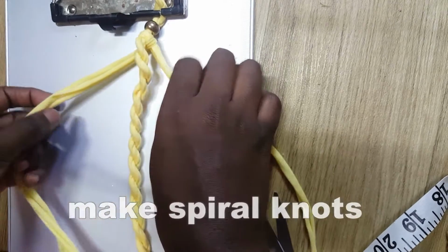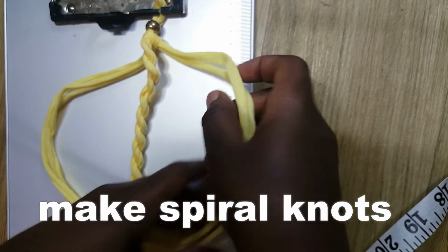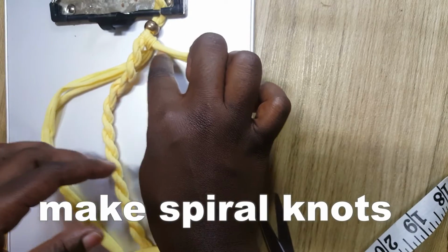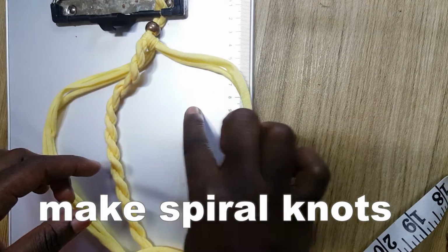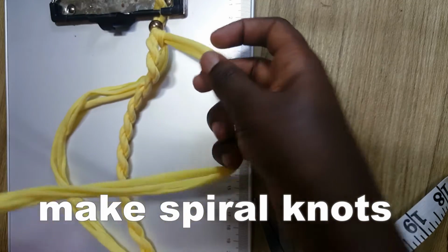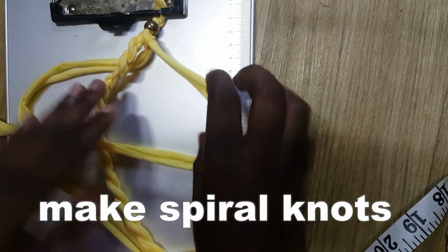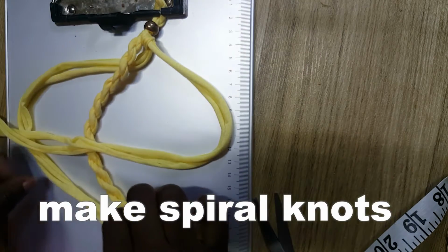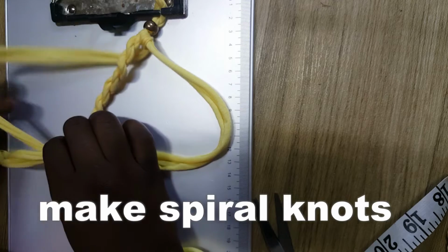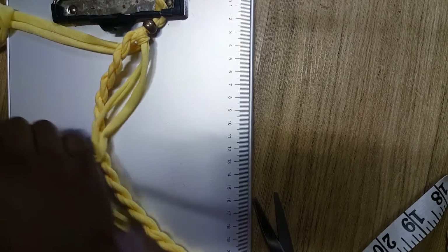After putting that, I'm going to start to do the spiral macrame. What I'll be doing is creating a 4, like this, then like this. So I'm going to take this one on the right and make a curve like this. Then I'm going to take this one on the left,